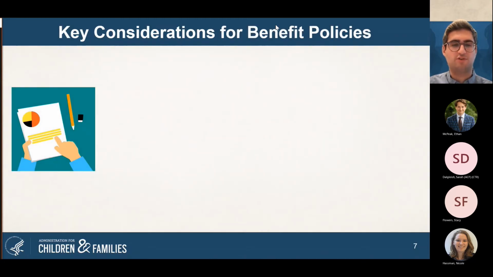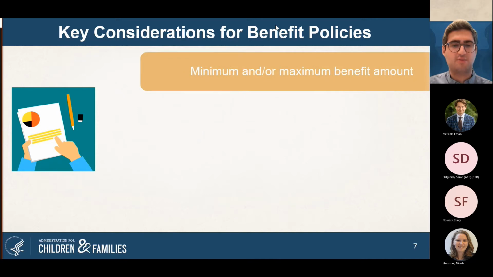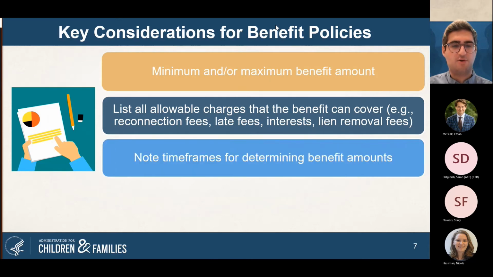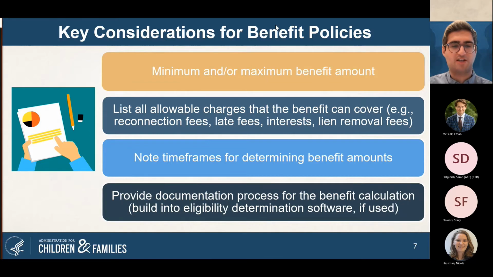There are several important rules that a LIHWAP recipient's benefit policies should address, including, but not limited to, clearly stating whether there is a minimum and/or maximum benefit amount for which households can qualify, listing all allowable charges that the benefit can cover, for example, reconnection fees, late fees, interest, lien removal fees, etc., noting timeframes for determining benefit amounts, providing a process for how to document the benefit calculation and build that into the eligibility determination software, if used,